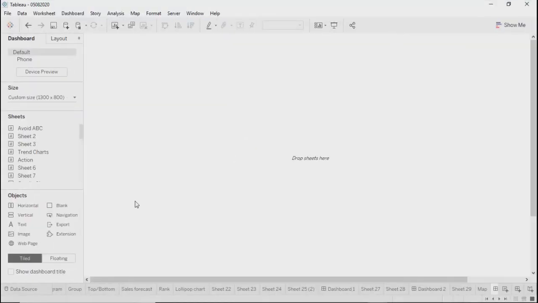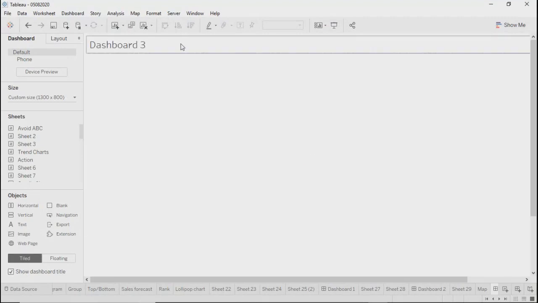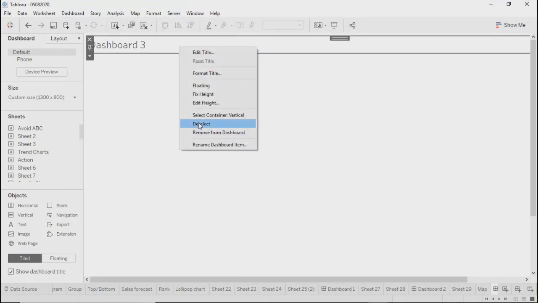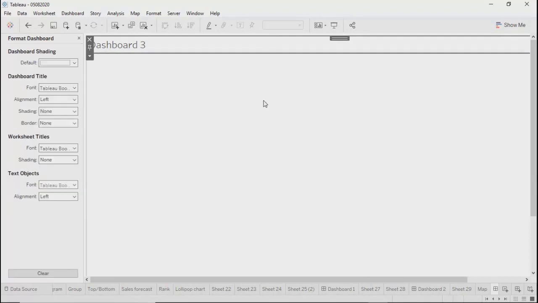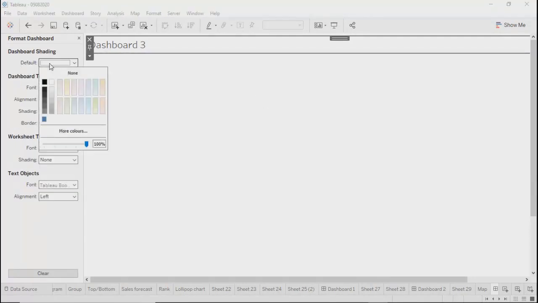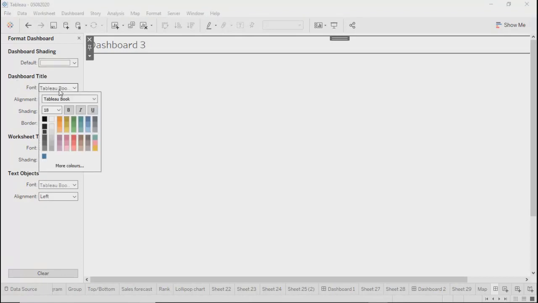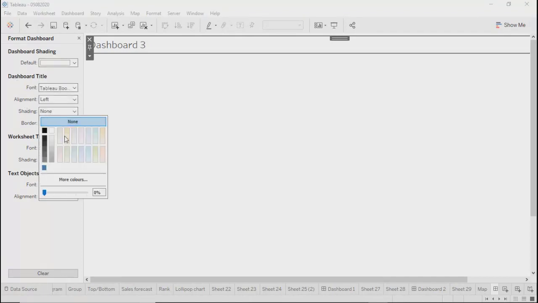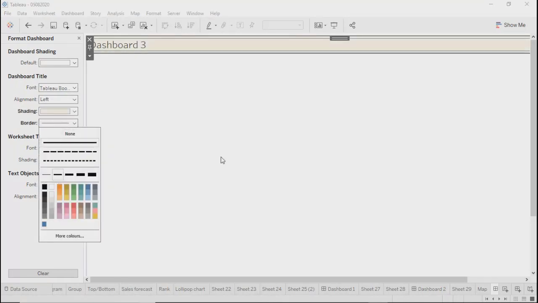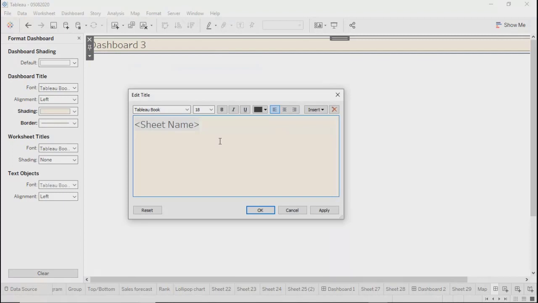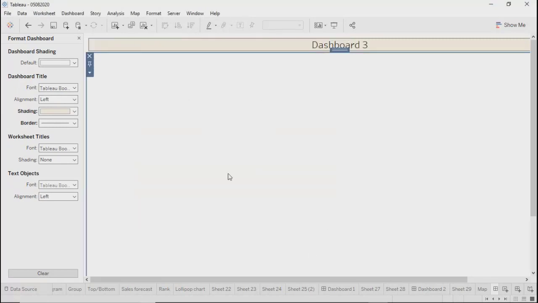Now, another thing we can do is show the header. So over here, we can, let's say, take dashboard shading. If you want, you can give the background to your dashboard. If not, just align your title. So this color, border, and with that you can have a middle alignment, something like this.